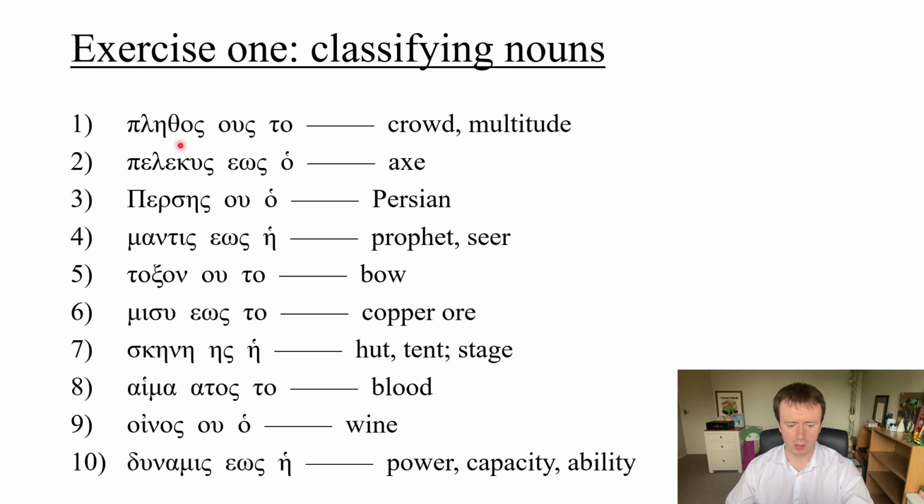Number 1 is plertos, which means crowd or multitude, and it is a 3C noun. We know it's a 3C noun because its nominative singular ends in os and its genitive singular ends in ous. And like all 3C nouns, it is neuter. Number 2 is pelekous, which means axe, and it is a 3E noun. We know that because its nominative singular ends in ous and its genitive singular ends in eos. And because of the nominative singular ending ous, we know that this is a 3E noun of the second kind,